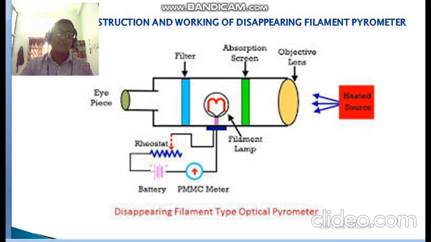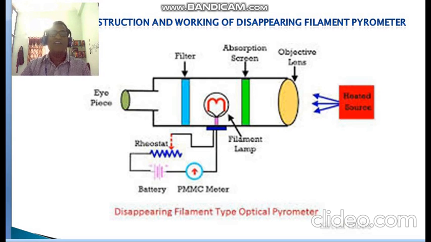At the same time we switch on the electrical circuit. The voltage is varied with the help of the rheostat, and the varied voltage is supplied to the filament. When the intensity of the filament is the same as the intensity of the thermal radiation, the image disappears, or the image of the spectrum disappears in the eyepiece. So this is the process going on inside the tube.